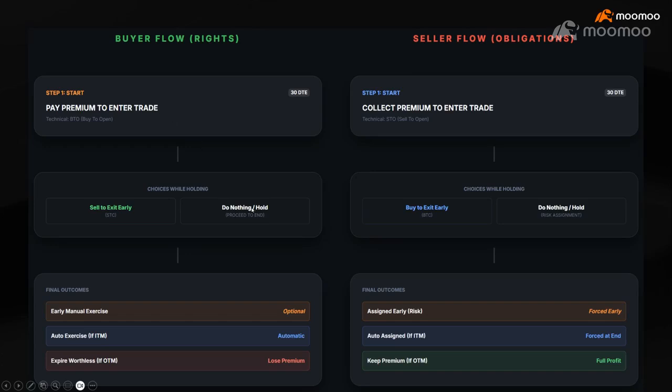If you do nothing and you hold until the end of the expiration, you let the option expire. You don't close the position. You just let the option expire, and you do nothing. You just hold it. So what will happen? Sorry, I want to cover this one first. You actually have three outcomes.